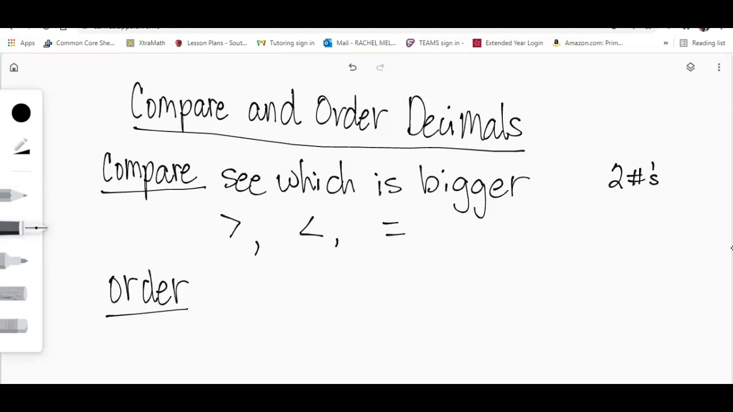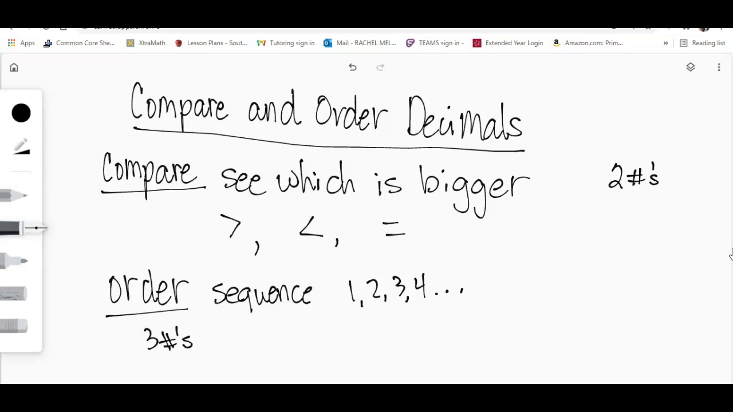So what does it mean to order numbers? To order numbers means to put them in sequence. Meaning 1, 2, 3, 4, etc. That's an order. That's a sequence. So normally we have three numbers or more. And for both of these, comparing and ordering, I'm going to show you a strategy today that will help you be able to know both of these